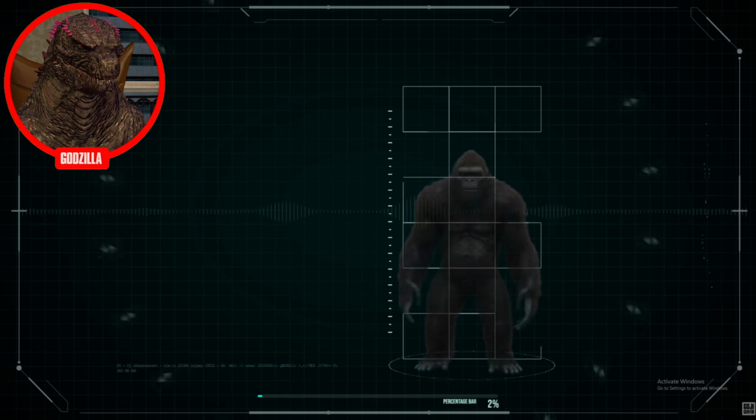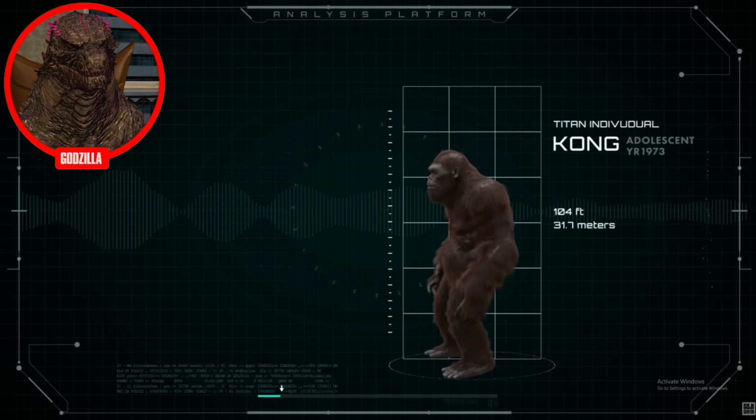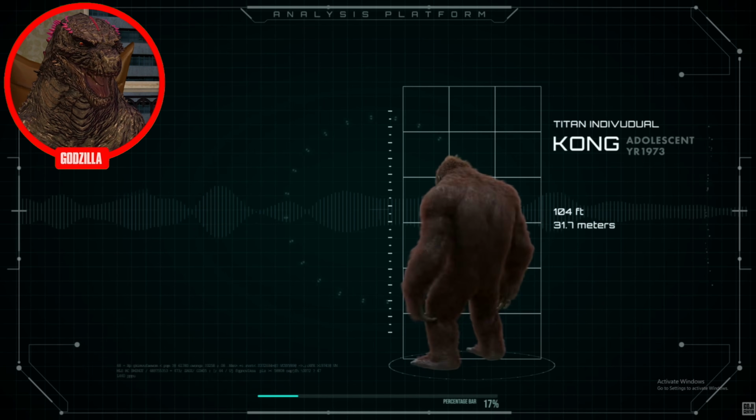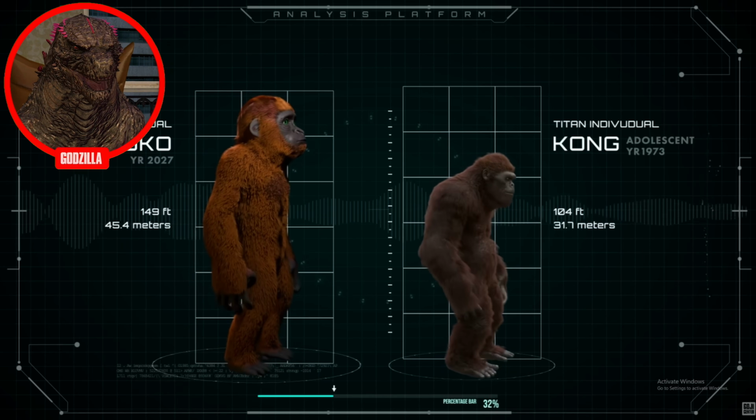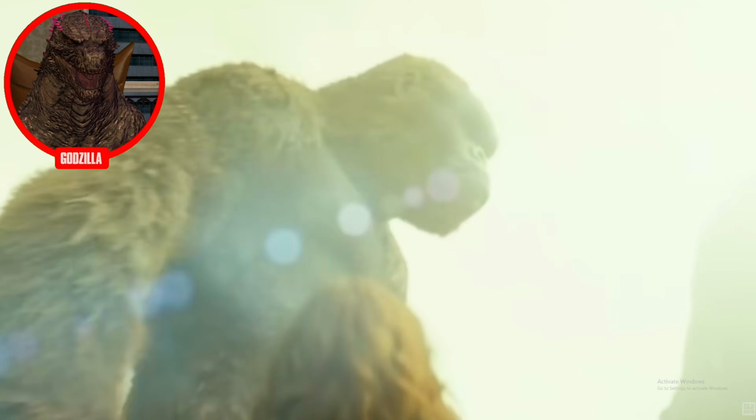Wait, so, bro, a monkey is a monkey, bro. Come on, let's be honest, they're all the same thing. They all look alike, too. Is Kong smaller in stature than Suko? Nah, Suko is humongous, and he looks like a child too.